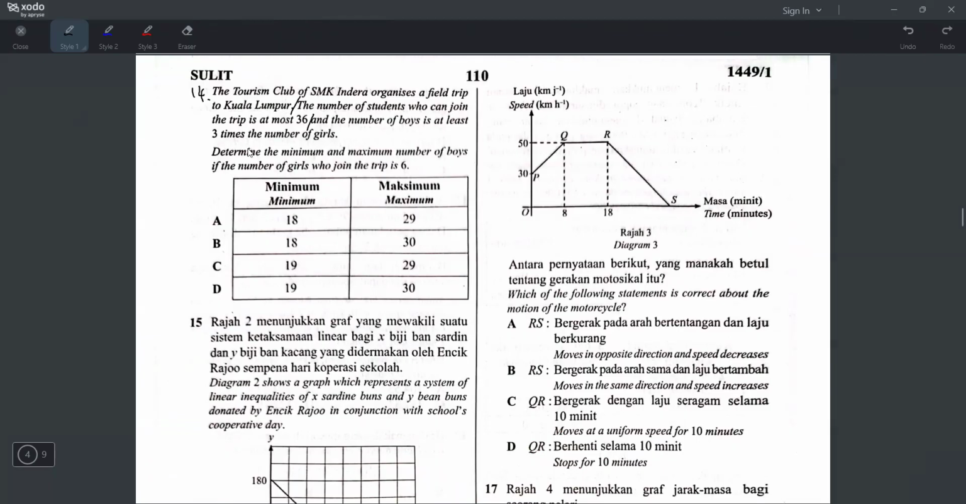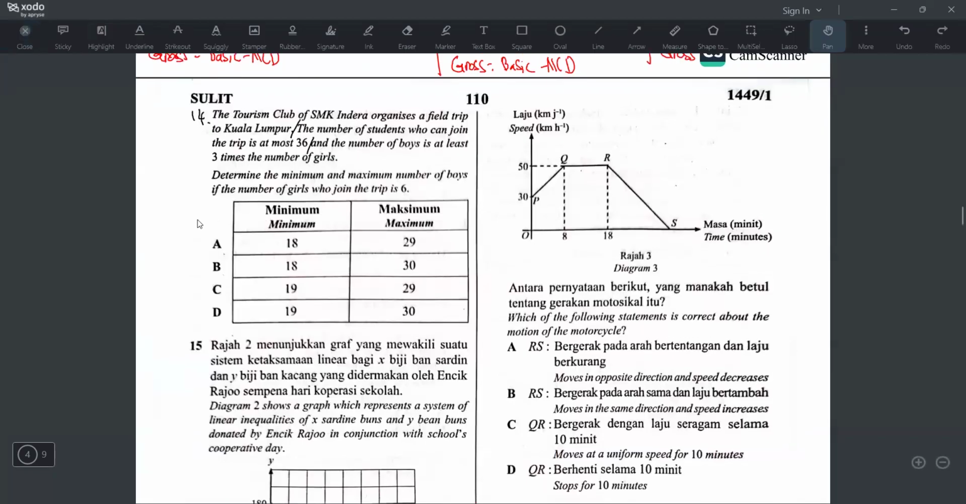Okay, let's see what they want first. Determine the minimum and maximum number of boys if the number of girls who join the trip is 6. And then dia bagi minimum 18, 19, maximum 29, 30. Okay, I think I have to